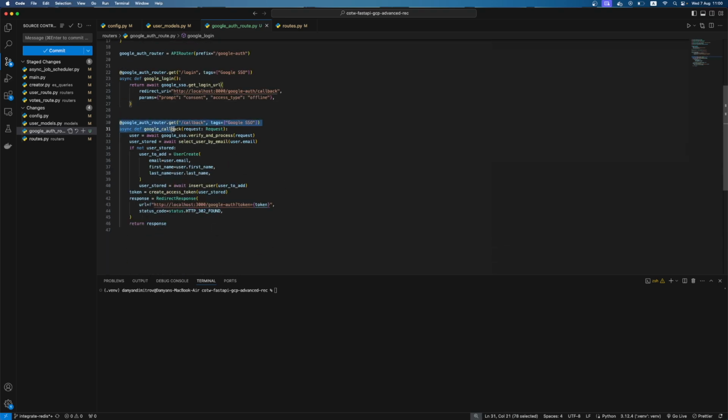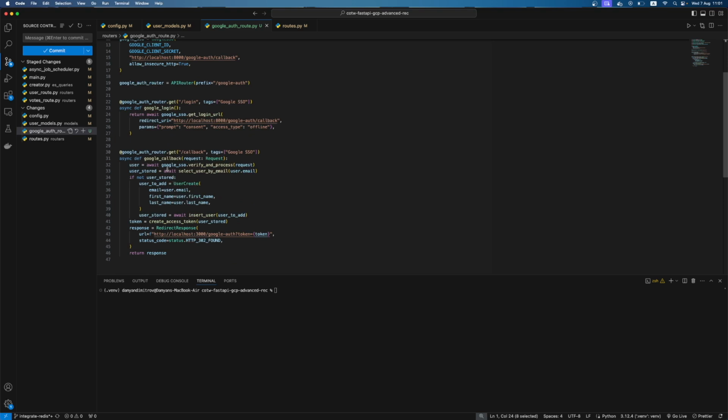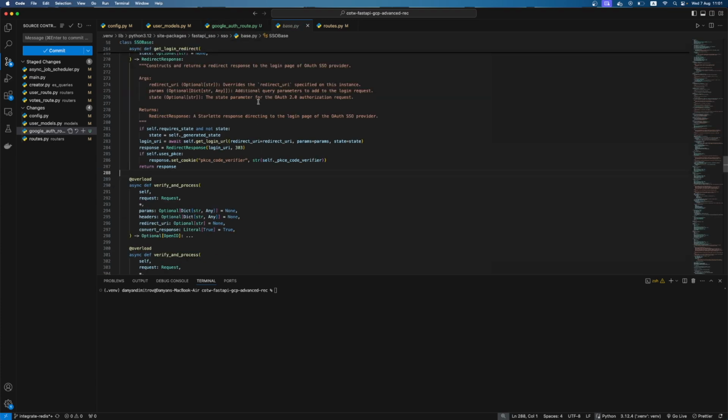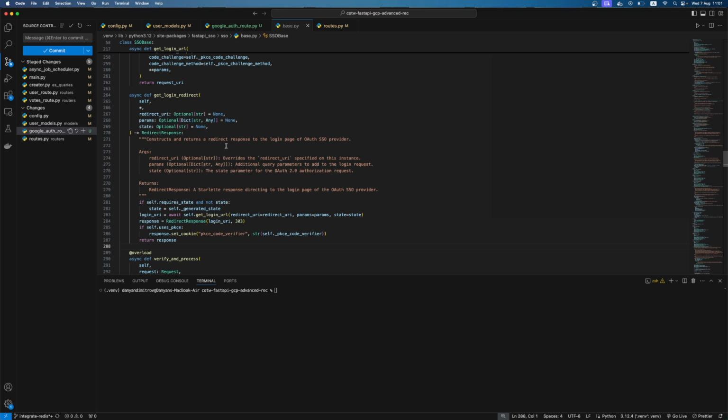And here I am creating the logic for the callback. I am awaiting verify and process on the request. I am importing this request from starlette.requests. And here I receive a user object, which is OpenID. Let me open this logic from the library.